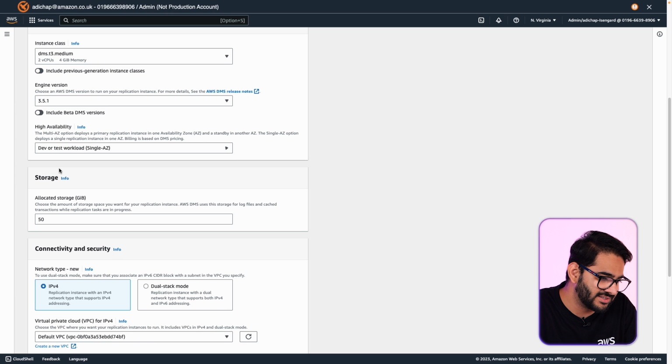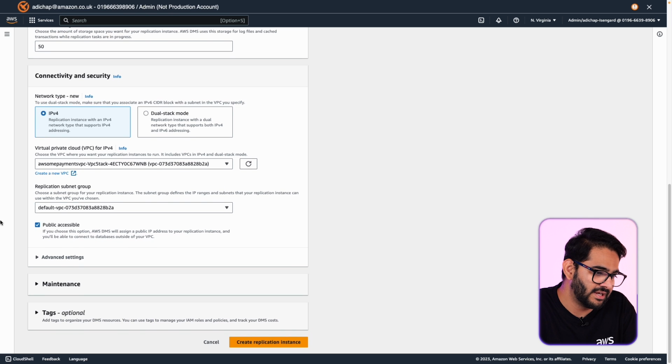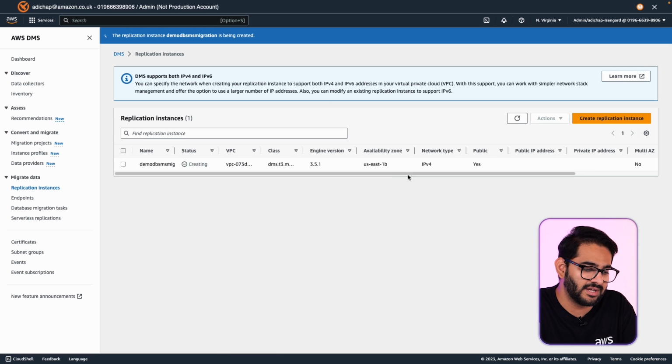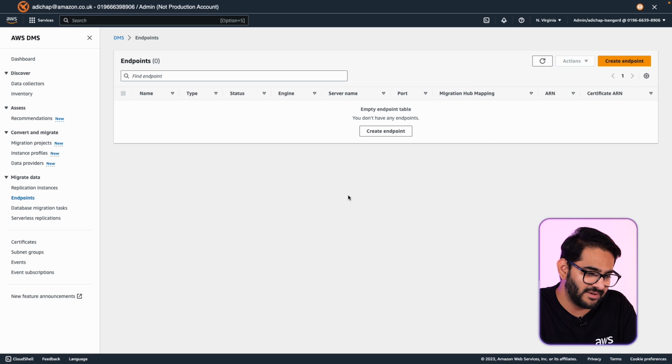In the availability, just select dev or test workload, because we are not going to use the production mode. Select the VPC which you will be using. I have my own VPC created for my databases, so I've used that, and just click on create. Once it is done, you will see the status as available.